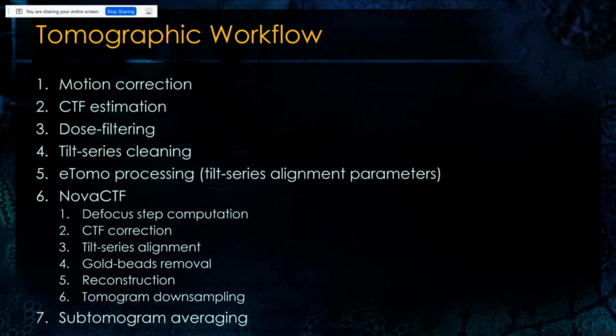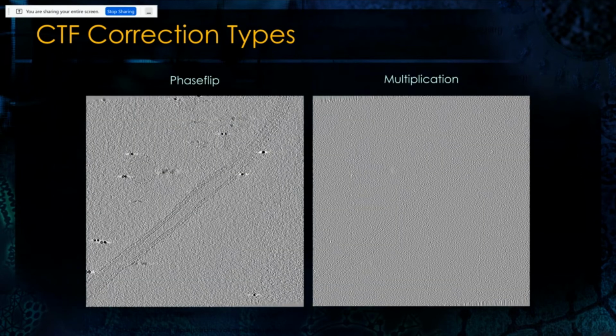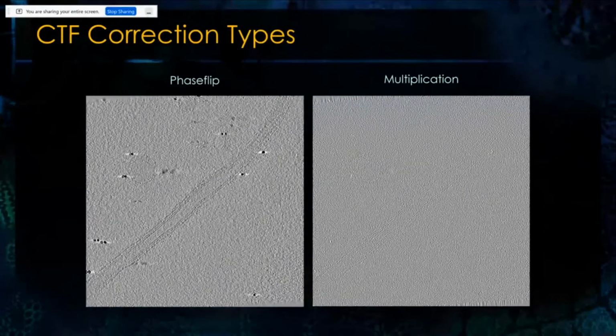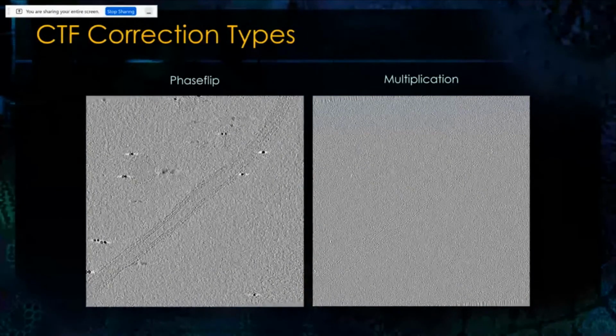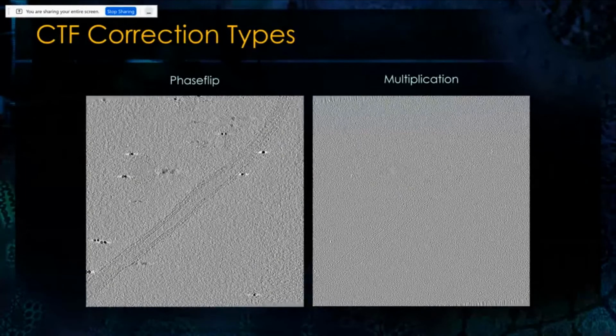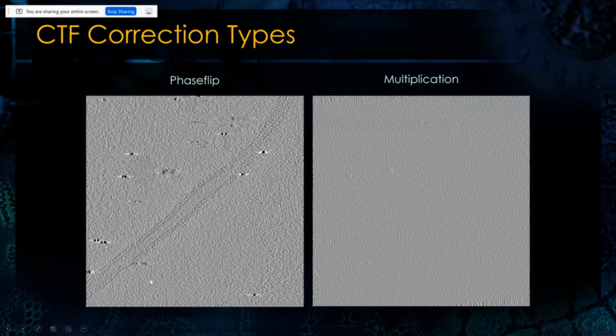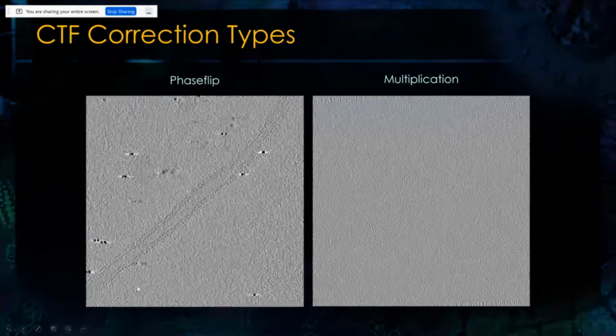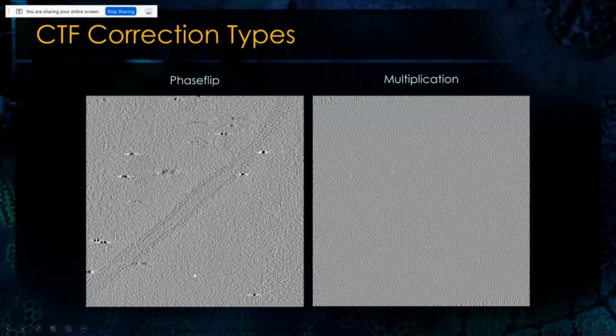And before I wrap up, there are 2 more things I would like to mention, because I'm getting these questions a lot. First, novaCTF offers 2 types of corrections. One is phase flip, one is multiplication. Phase flip looks very similar to the data you get when you do 2D strip-based phase flip correction, or just no correction whatsoever, while multiplication looks really terrible, and people are often scared and ask me what they are doing wrong. Nothing,